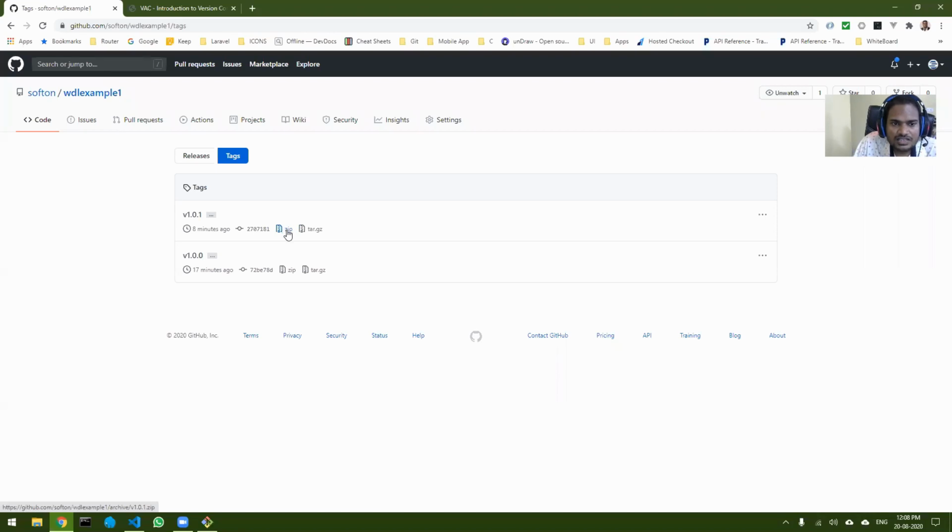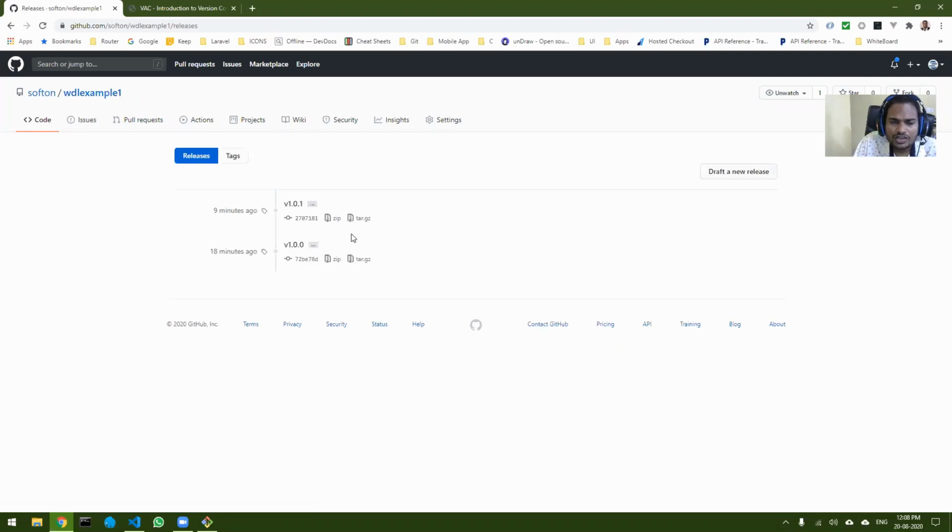The users can come and download your package or your software directly by clicking this link. There is another thing called releases. If you want to create a release, it is actually the same thing, but it has a little more features. I will just show you by creating a release.